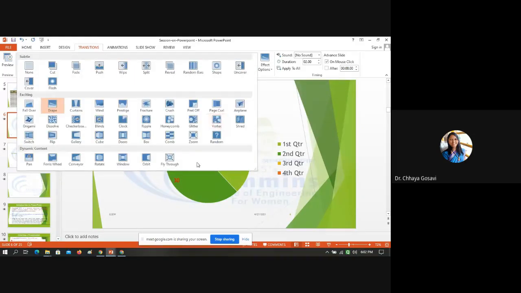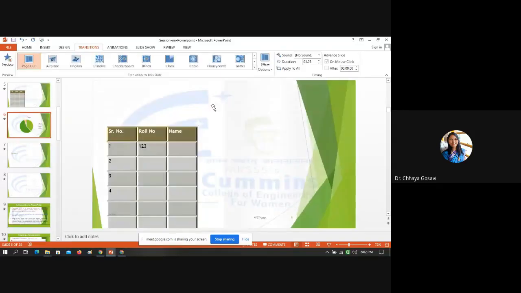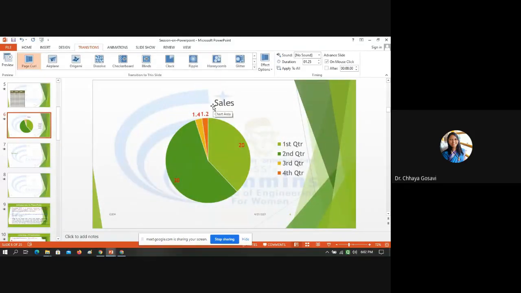These options are for when you move from one slide to another. I want book peel off or page curve. It is like how we switch from one page to another page. So I'm applying this to all.